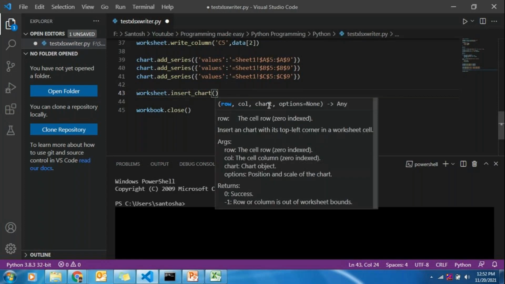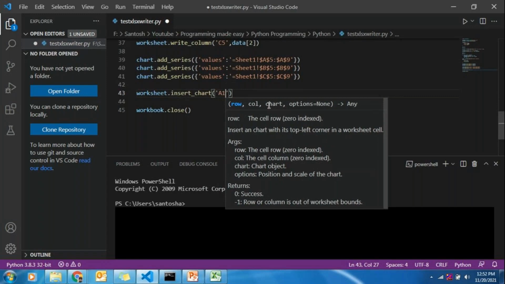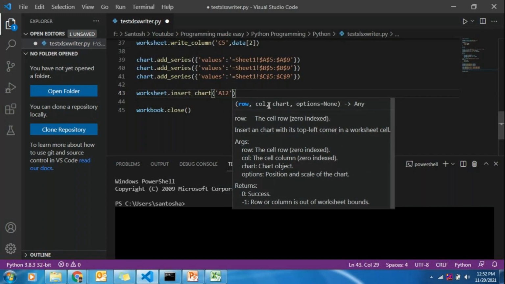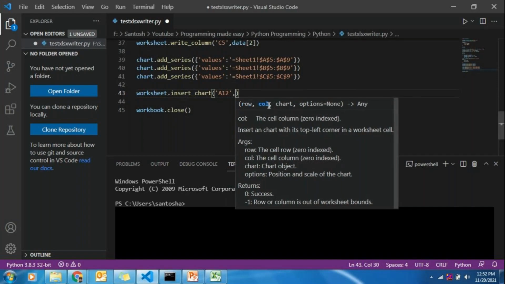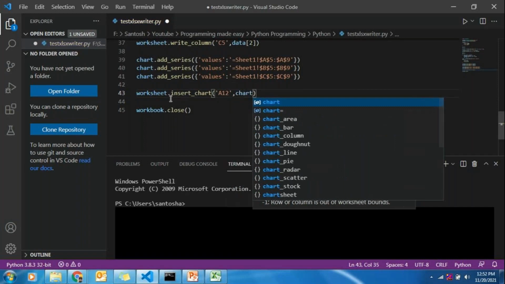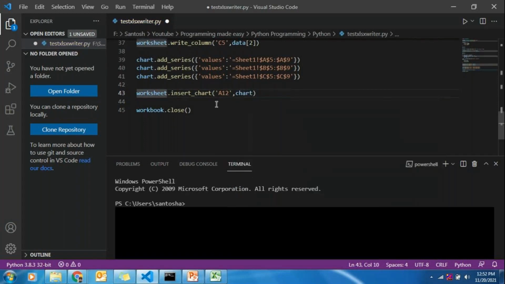So where it has to insert? So let us insert in A12. That means A column 12th row, comma chart. So you can write to Excel either by specifying row number, column number separately.